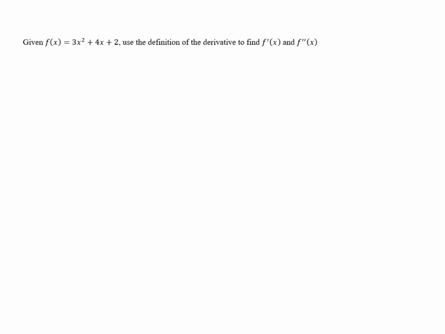Given f of x equals 3x squared plus 4x plus 2, use the definition of the derivative to find the first derivative of the function and the second derivative of the function. So we'll start with the first derivative. We know that we have to take the limit as h approaches 0 of our function evaluated at x plus h. So that's going to be 3 times x plus h squared plus 4 times x plus h plus 2